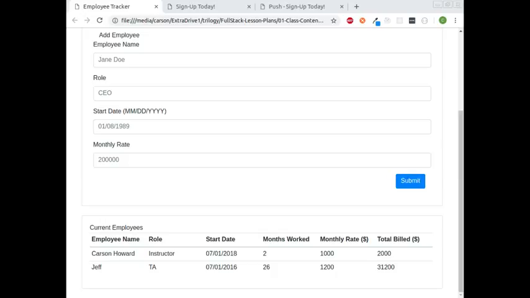Make it look however you want. You can use Bootstrap. That's totally cool. Use whatever tool you want. If you found another UI library that you like better than Bootstrap, use that. Is there other ones out there? Oh yeah, for example,